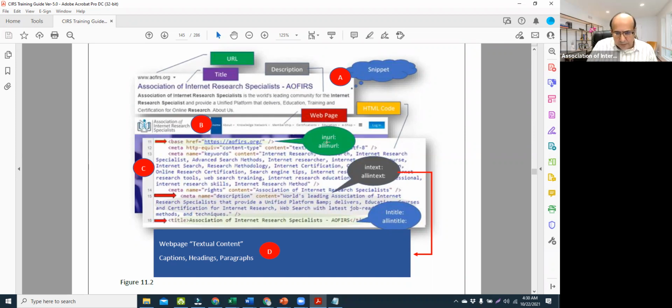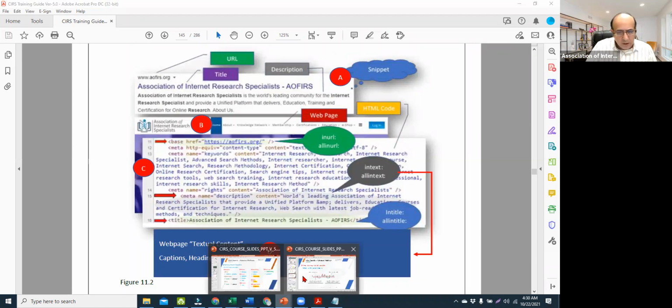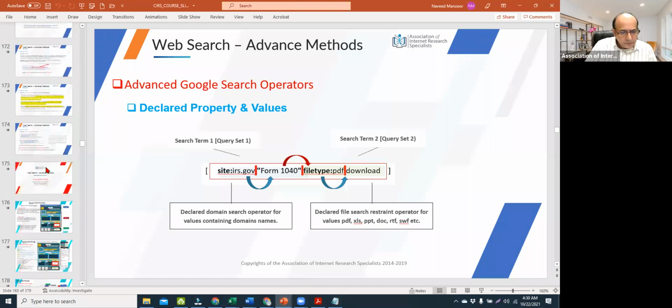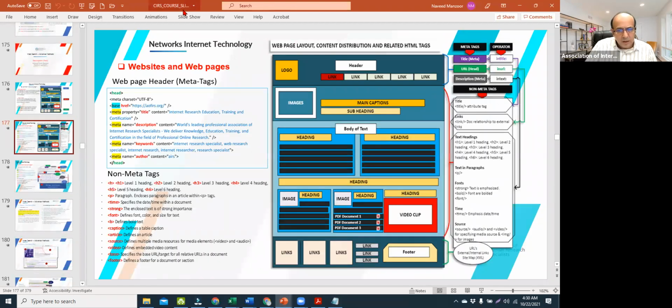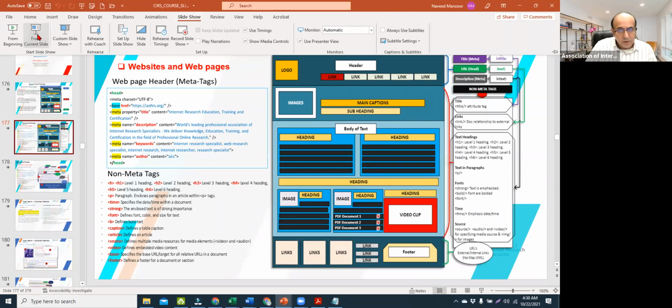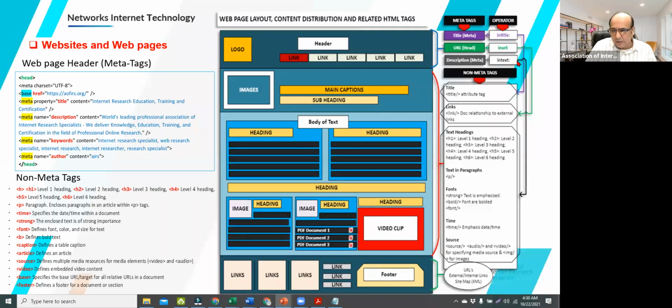So the in URL has captured A of IRS, in text is capturing everything, but a better diagram or a better way for me to explain this is to take you back to this diagram again. So it's going to be a revisit, but with a little bit more information that we didn't talk about. On the right hand side, you see these boxes and everything here that we'll be discussing within the area that's kind of